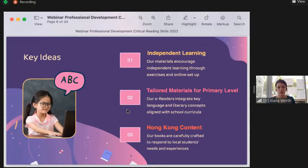And I think it's also really important just to highlight some of the key ideas behind our products. One is that we're really trying to foster independent learning. So there's lots of exercises that students can do by themselves. It's also a real focus on primary level materials that are very much in line with the Hong Kong curriculum. And then related to that, a lot of the materials have the Hong Kong students in mind. So there's a link between what they're reading on the page or on the screen and their lived